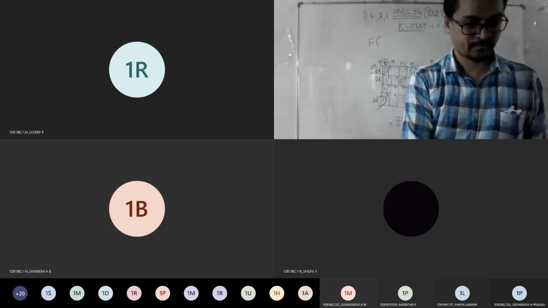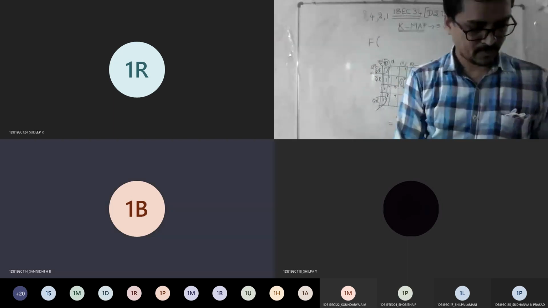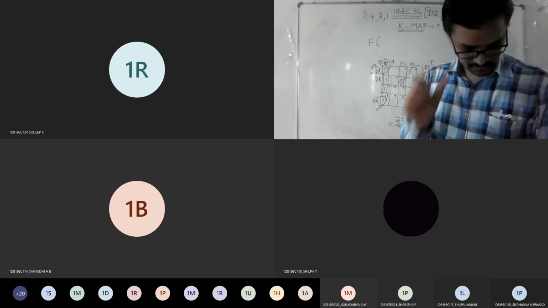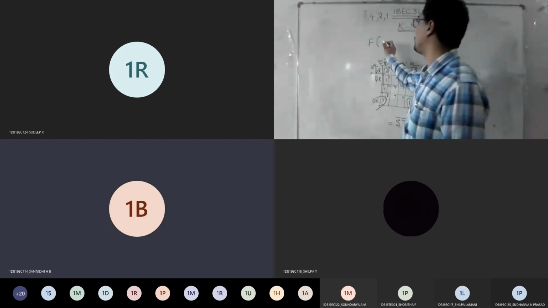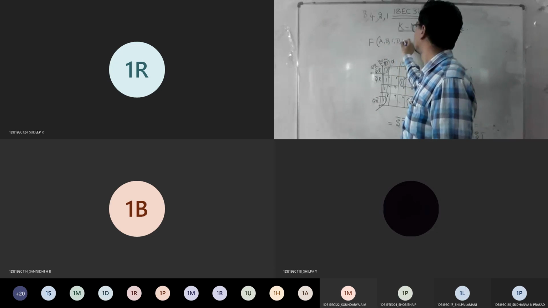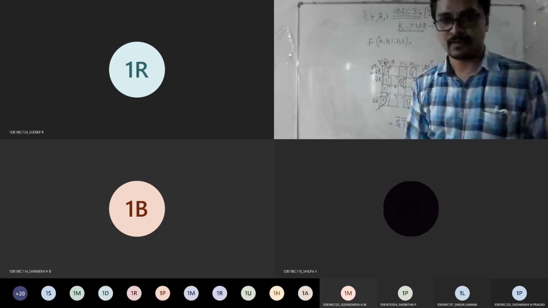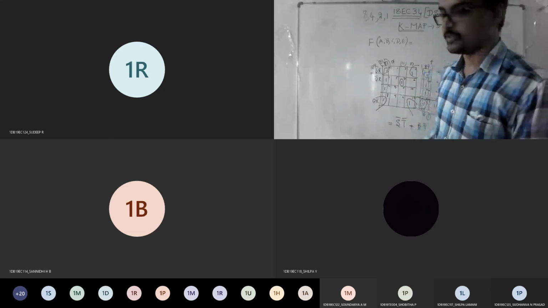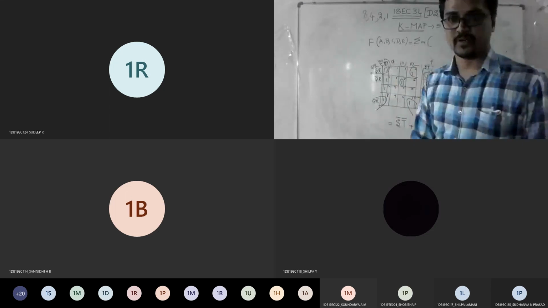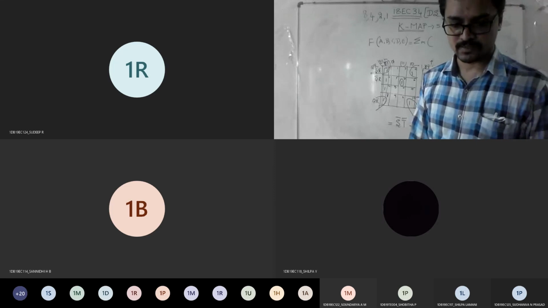Write it down. So they are given numbers for you. A, B, C, D, E is the parameter. See, this depends upon your zeros and ones.